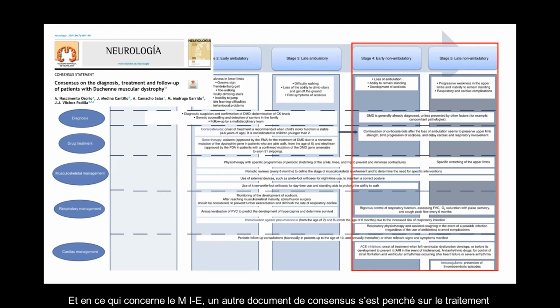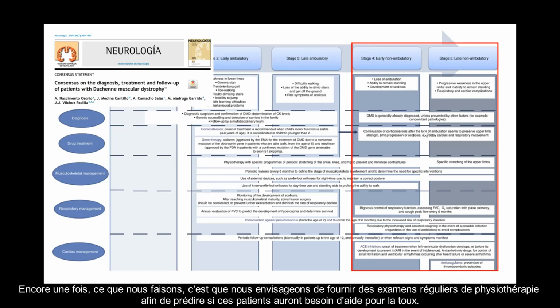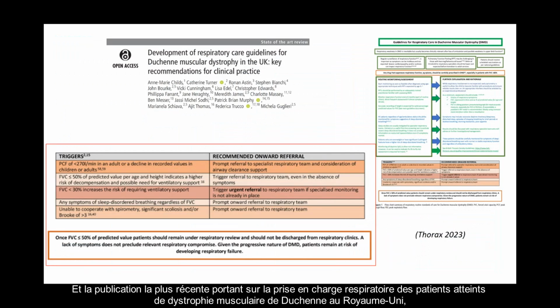A further consensus paper looked at treatment and follow-up of patients with Duchenne muscular dystrophy, and they show in the early non-ambulatory and the late stage ambulatory patients, again, what we're doing is looking at providing regular physiotherapy reviews in order to predict whether these patients are going to need cough assistance. In a most recent publication looking at the respiratory management of patients with Duchenne muscular dystrophy from the UK,